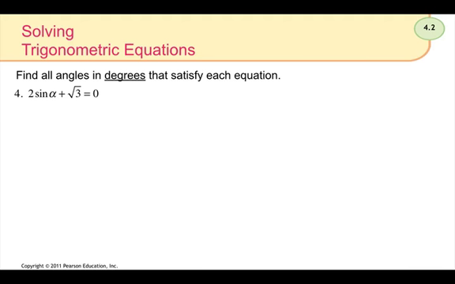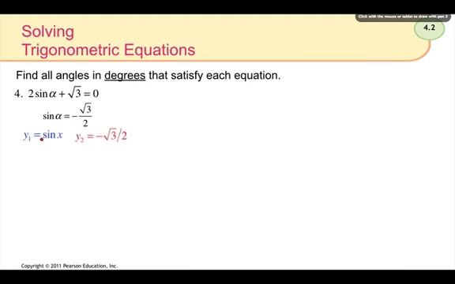Now, it just changes slightly. It says find all angles in degrees that satisfy each equation. So I'm going to solve for sine of x, which meant that I took away 3 and then divided by 2, and that's how I end up with sine of alpha is equal to negative radical 3 over 2. And then from here, you look at